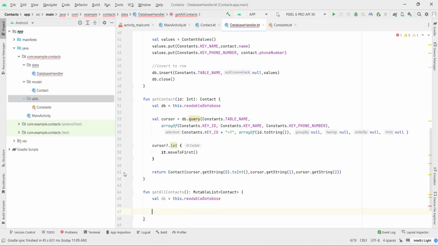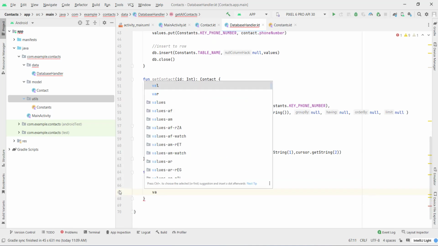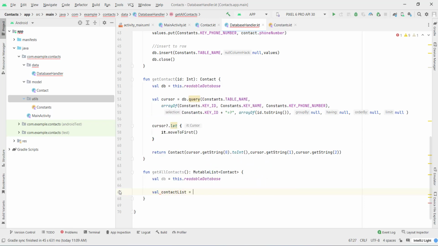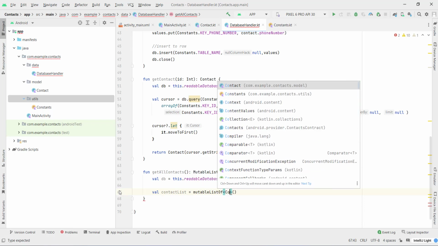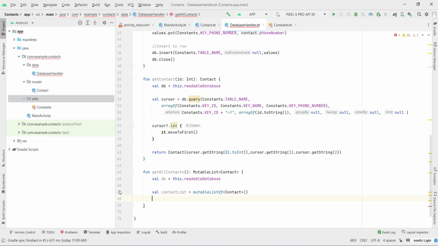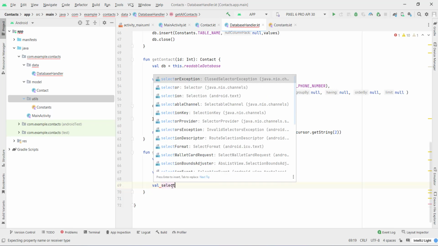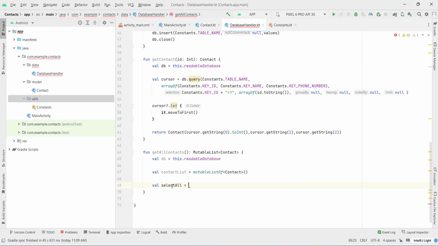Now I'll create here a list, so I'll type val contactList equals MutableList of Contact, and now I'll type the statement which is gonna get us all the contacts. So I'll type here val selectAll equals SELECT *